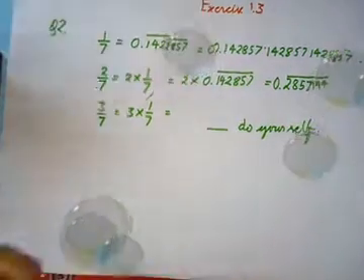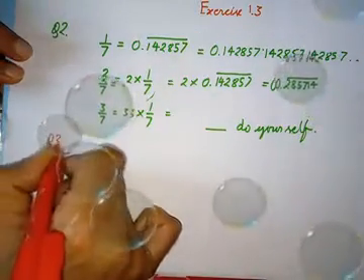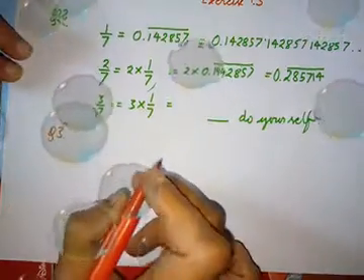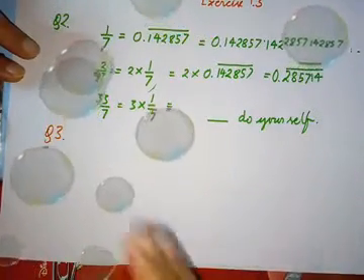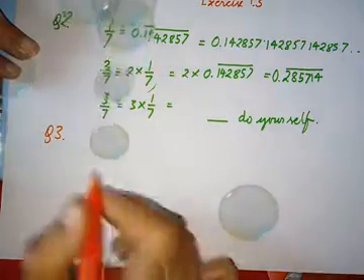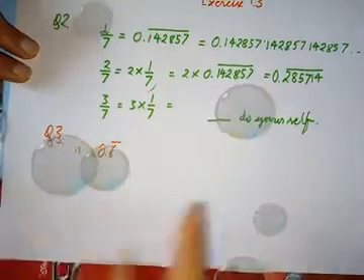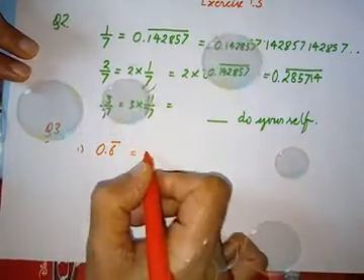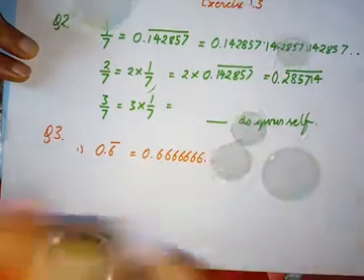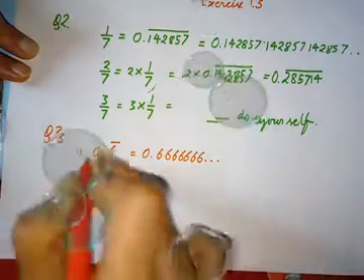Now let us move to a very important sum, that is question number 3. This sum is very important from the examination point of view also. Now some decimal representation is given to us, and we have to change it into the form P upon Q. The decimal representation given to us is 0.6 bar. Now this 0.6 bar means 0.666666 and so on. That is why a bar is there, and the bar is only on 6. It means 6 is repeated.